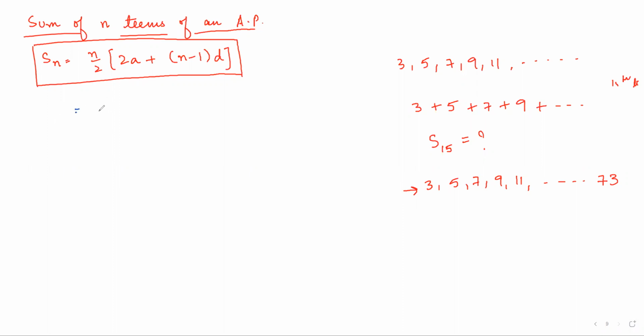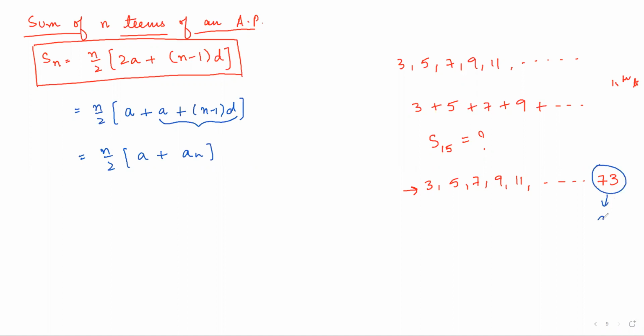It becomes n by 2. And this 2a, can I break it like a plus n minus 1 into d, right? Now, if you look at it combined, this is your nth term, right? So n by 2, a plus an, correct? Yes, ma'am. So ultimately, the term which is given to you is actually your nth term,